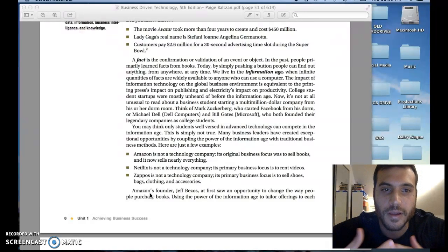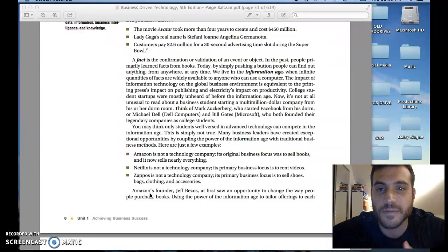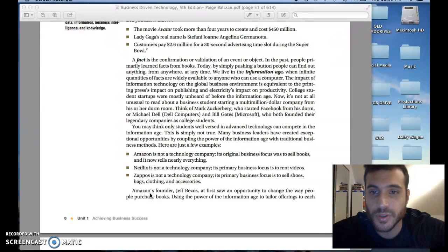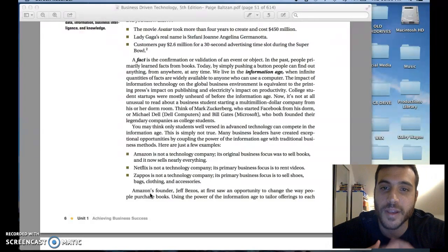And we live in the information age. That means that there's a lot of different ways that we can get information, and probably the most popular way today is through technology and computers. Not just computers. Now we can use our cell phones, iPads, a lot of different ways to have access